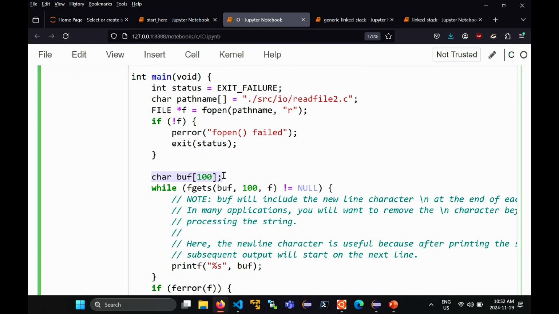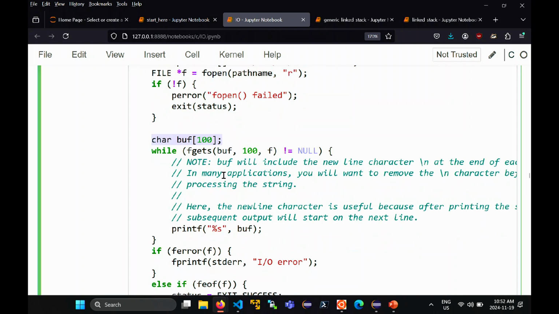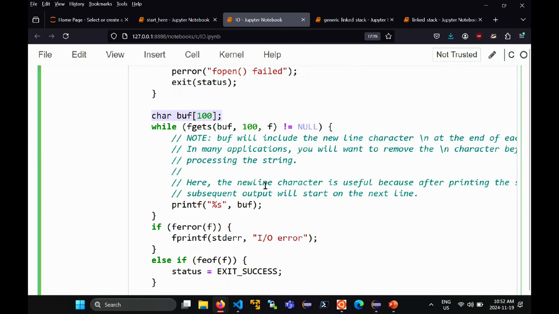When you get to that situation, you read what you think is a line of text, and in fact you haven't read in the whole line. So on the next call to fgets, it reads in the rest of the line, or part of the rest of the line. But when you print it out or you do something with the line, it's on the next line. And so what you have to do here, inside your loop,